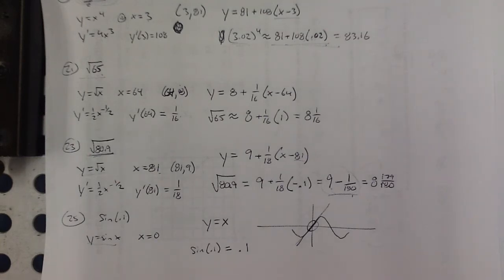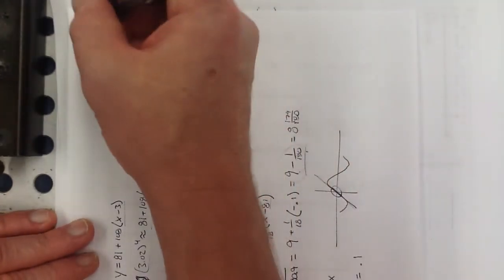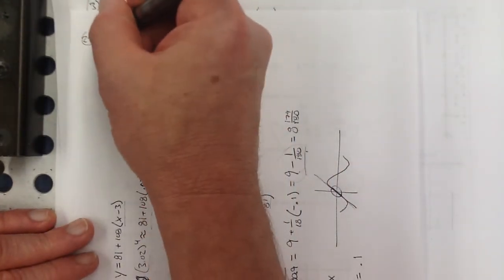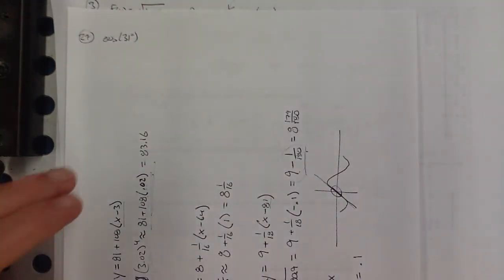Is that all we need to do for that one? Yeah. And then the last one, I just have a little bit of paper left here. So we've got a tricky situation here. What's the cosine of 31 degrees? Well, the problem is, as I just stated,